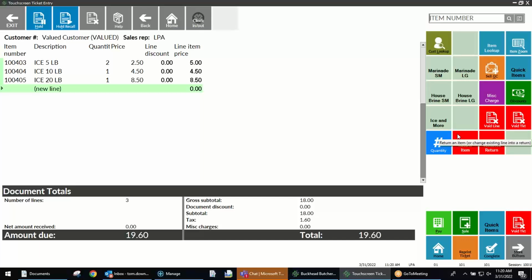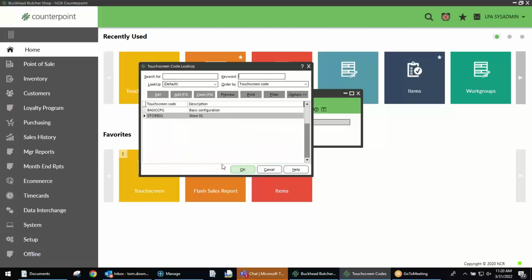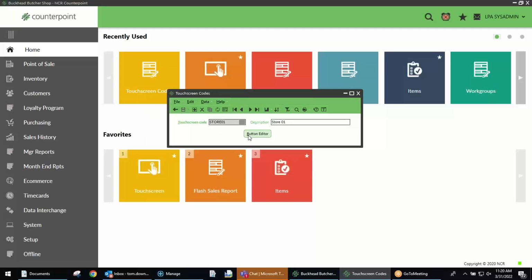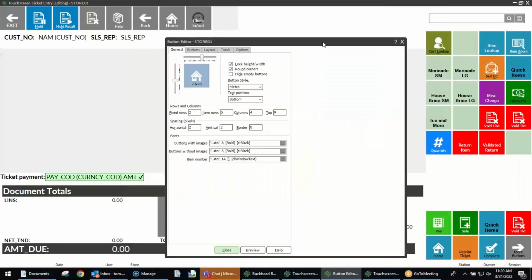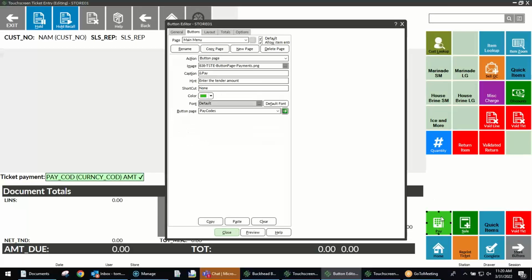Okay, so that was an example of, first we did an individual item, and then we did the example of creating an entire page. So I'm going to go back to our editor. I'll just mention there is another common request that we get for editing, and that is to add a pay code. I won't go through the full-blown example right now, but I just want to show you if I was adding a new pay code today, I would click on whatever your tender or pay is here,